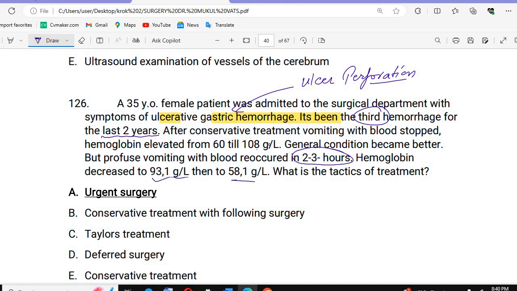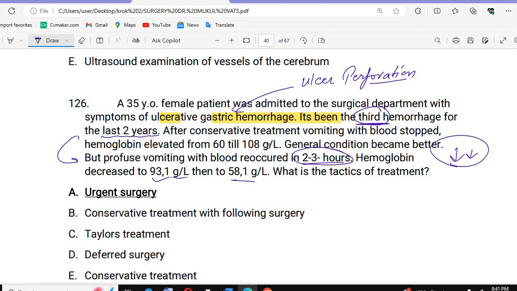Now see, the patient's hemoglobin after the conservative treatment came from 60 back to the normal, and the general condition became better. But as this patient is having the third hemorrhage, the recurrence has happened again. So profuse vomiting with the blood recurred in 2 to 3 hours. Again due to the blood loss, the hemoglobin will start decreasing, and once the hemoglobin starts decreasing,